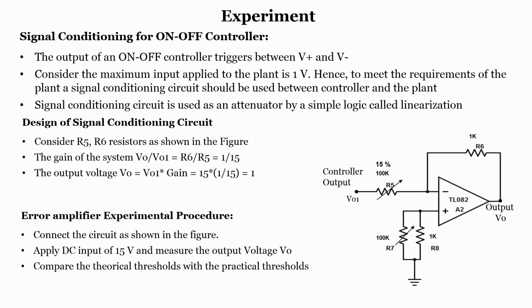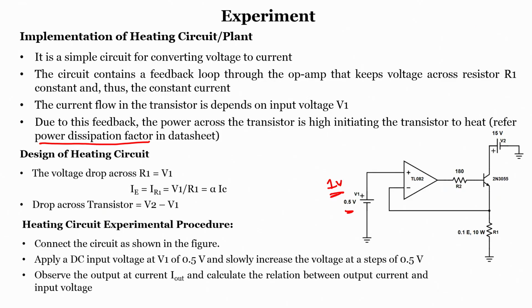Now, the output of a controller is somewhere around 15 volts, but is 15 volts good enough for our op amp or for the plant to withstand? No, because when you apply 15 volts as an input to the plant, the voltage drop will be 15 volts, so the current flow will be 150 amps. That is not what we require. Generation of 150 amps is really difficult; your power source cannot generate such a high current. Since our operating range of the plant is somewhere around 1 volt, we have to convert 15 volts to 1 volt.